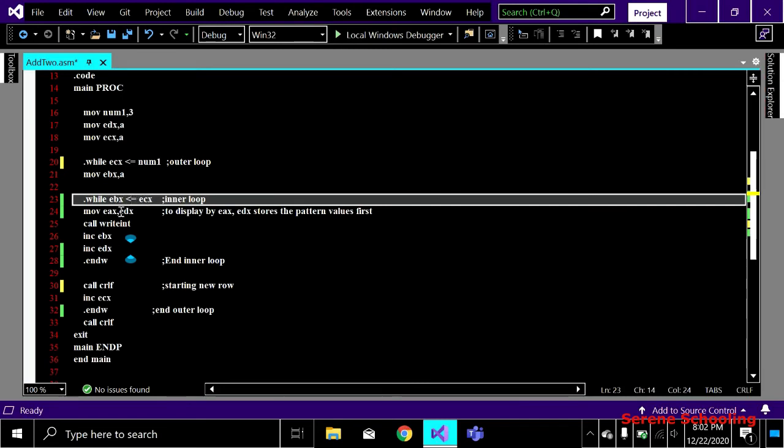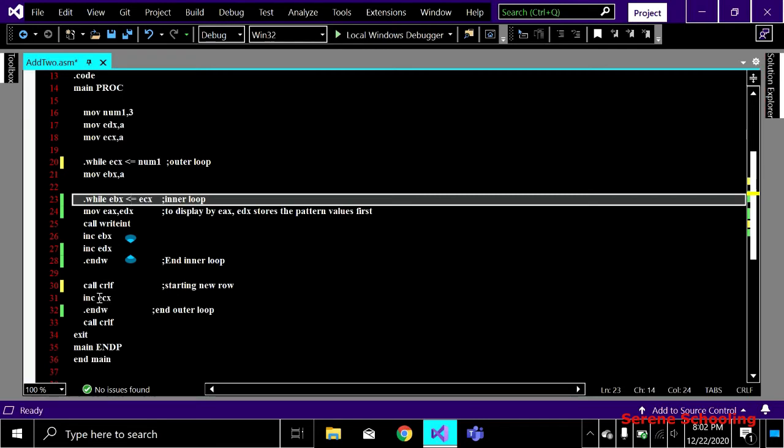Definitely we are again going to print that EDX. EDX has now become incremented, right? From here the EBX has become 2, right? So we have to display now 2 on the screen, and EBX becomes 2, right? So we have to check, is 2 less than equals to 1? Condition is false. We are coming out of the loop, and now we are starting our next row, right? We have printed 2 rows. Now we are starting our next row, that is row number 3, or index wise, 0, 1 or 2, second row.